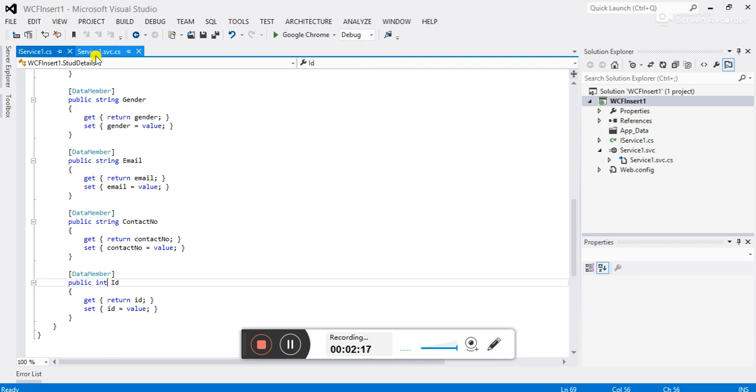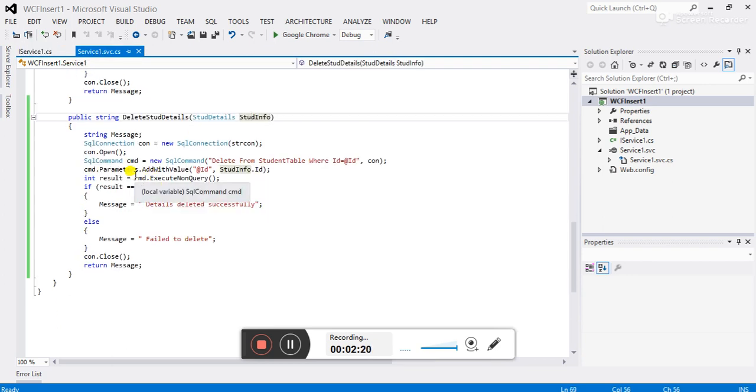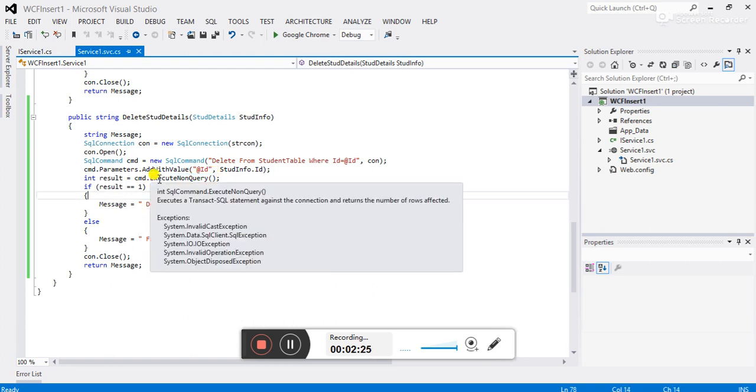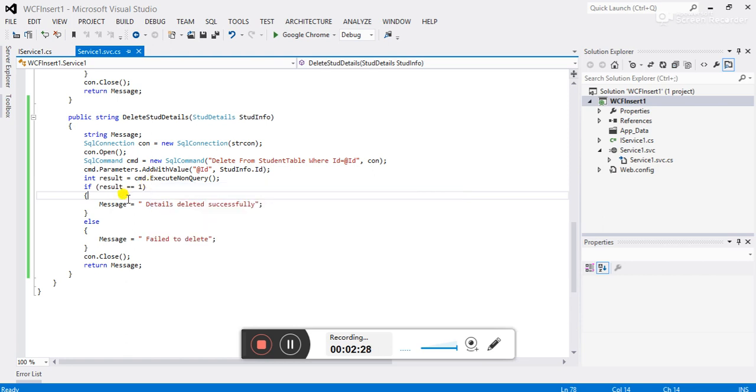You can see that. Now we have used command object.execute non-query. As I explained previously, this execute non-query use when we want to perform some operation like insert, update, delete, and we are assigning this result to the integer variable result. If result equal to 1, it means that record is deleted successfully. So we are going to assign this message to this string variable that data is deleted successfully here. If record is not deleted, we are going to assign this message failed to delete. Now after completion of this delete operation, we are closing the connection, and we are going to return some string here,